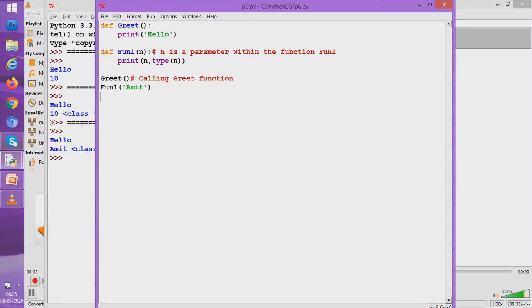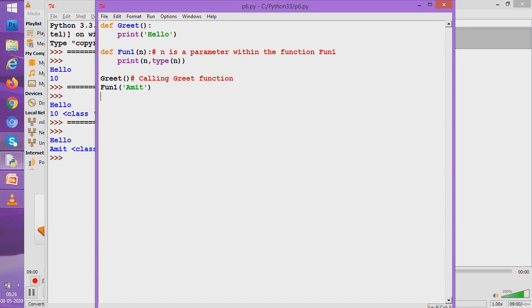Earlier we passed 10, so it became of integer type. But the moment we passed a string, Amit, to it, it started working like a string. That is, n now looks like a string, works like a string. So n has a type which is the same as the type of the value it has been passed.